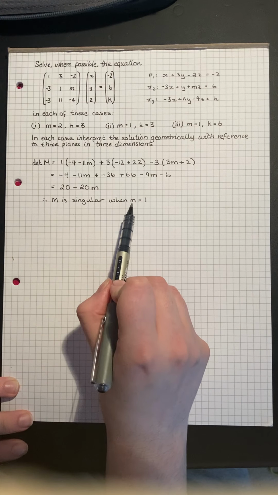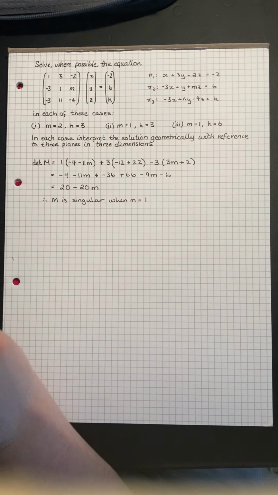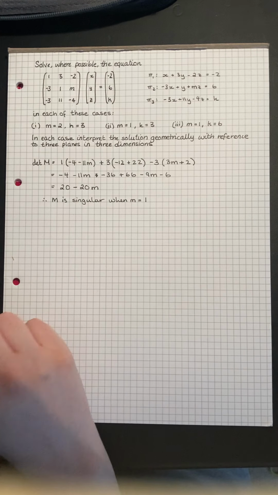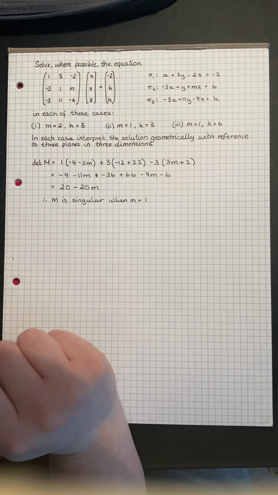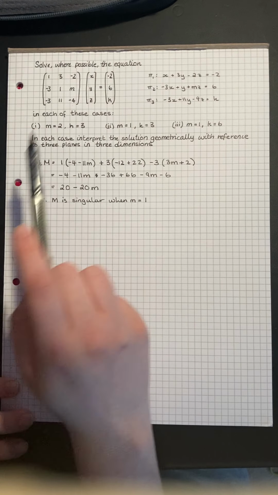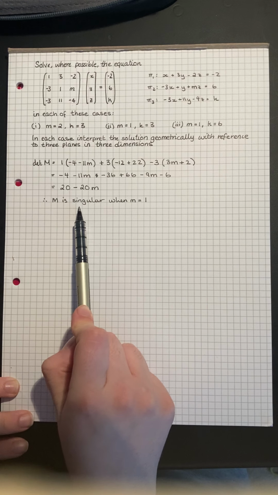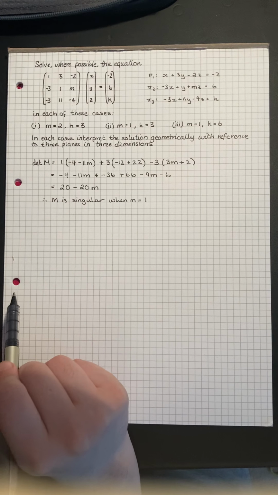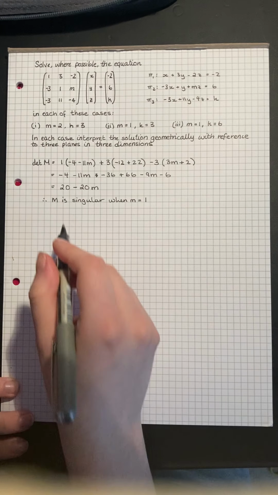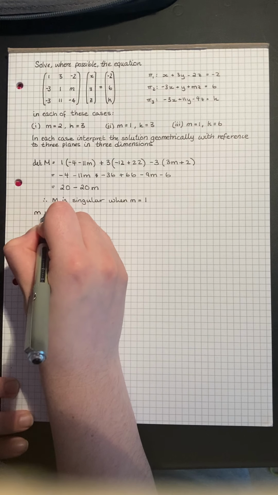So any other time when it doesn't equal 1, it's non-singular, which means that this equation at the top will have a unique solution. So looking at our different cases here, we can see that, look, here we've got m equals 2, it's going to be non-singular, so that one will have a unique solution, but these two, m is 1, m will be singular. Okay, so this matrix will be singular. So let's first do number 1, because that's going to be a bit easier because it's non-singular. So for number 1, m equals 2,